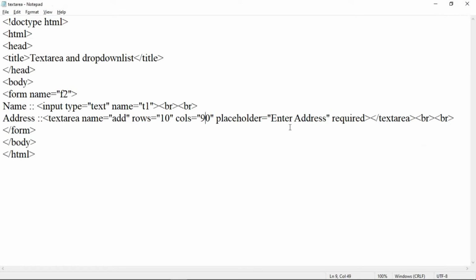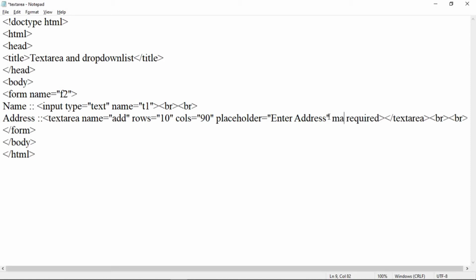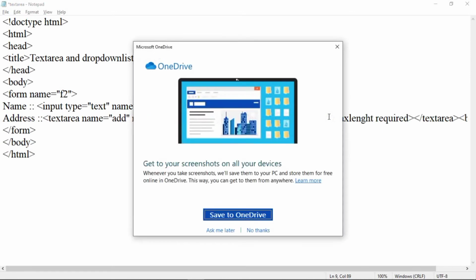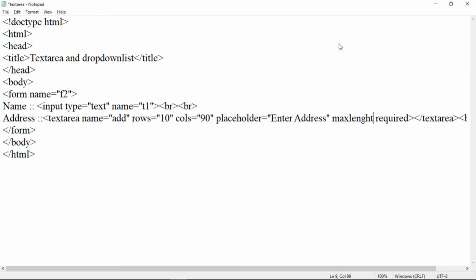We can set a max length for this tag also. So to set a maximum length, we will use the maxlength attribute. Maxlength is equal to, suppose, 20.